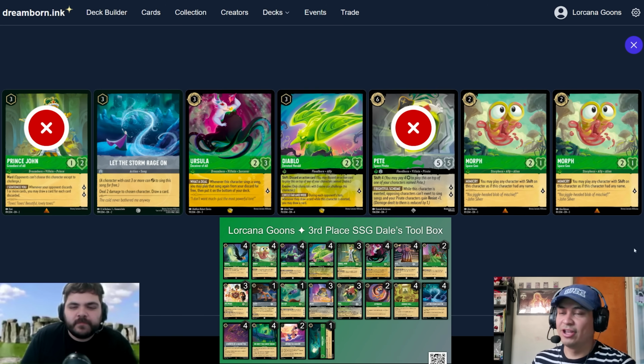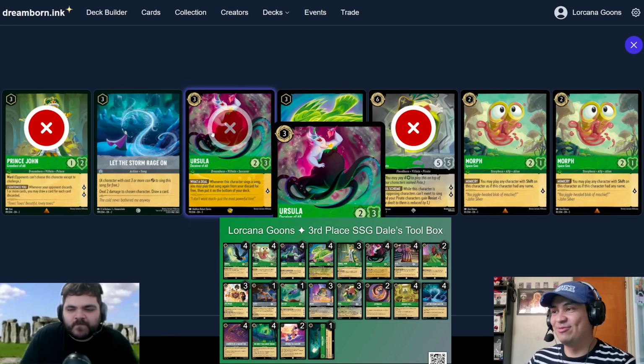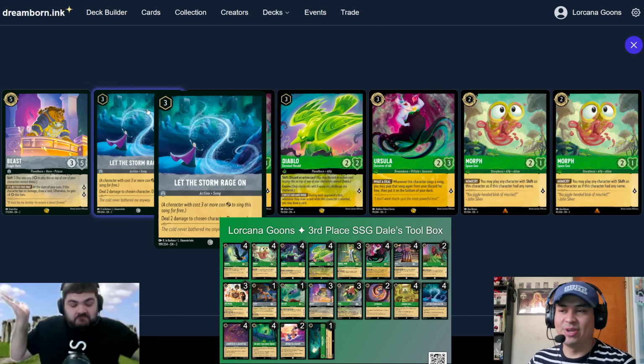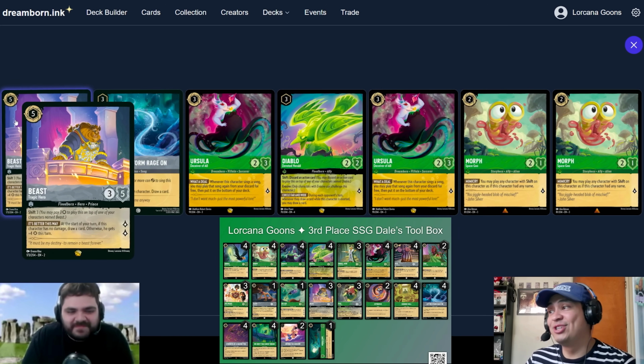I like that. Yeah. Okay. You completely changed my perspective on how we're supposed to go about that. I didn't even see that initial line of morph, shift Diablo, play Ursula the same turn. Keeping the Storm Rage on to make sure we have some songs to either sing twice or ditch off our Diablo. And yeah, we saw another Ursula Deceiver and a Beast Tragic Hero, which is actually insane